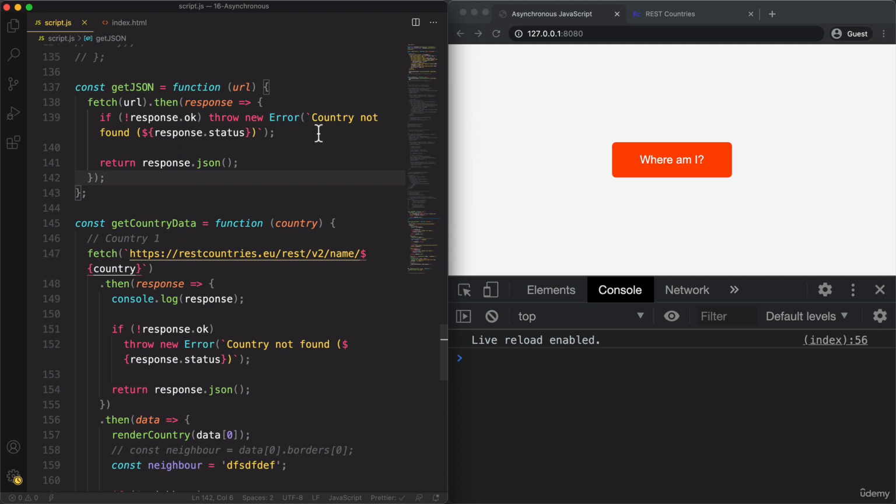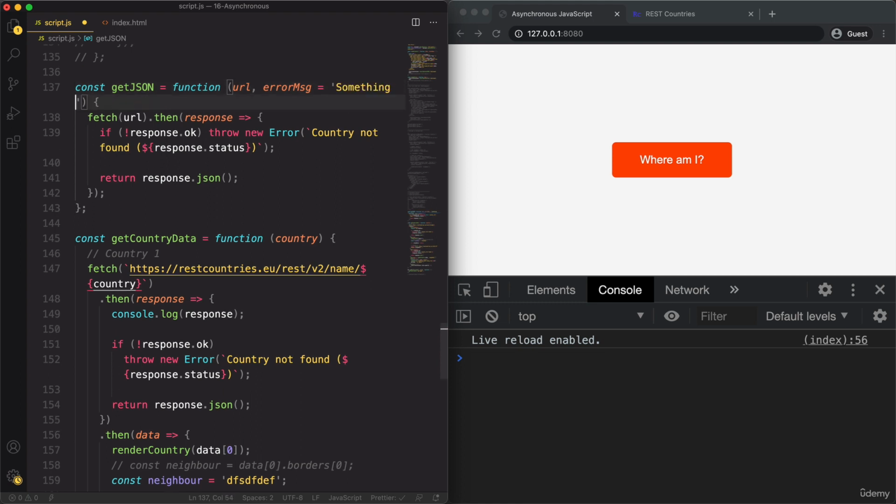All right. Now, in order to actually make this function here really generic, we do not want to hardcode the error message, but instead we want to pass the message in. So let's say error message, and we can set a nice default value. So let's say something went wrong, which again is very generic. And so here inside of this, we then want